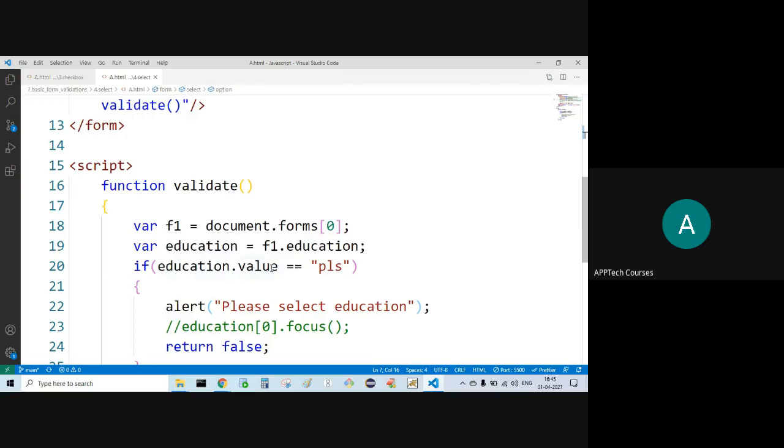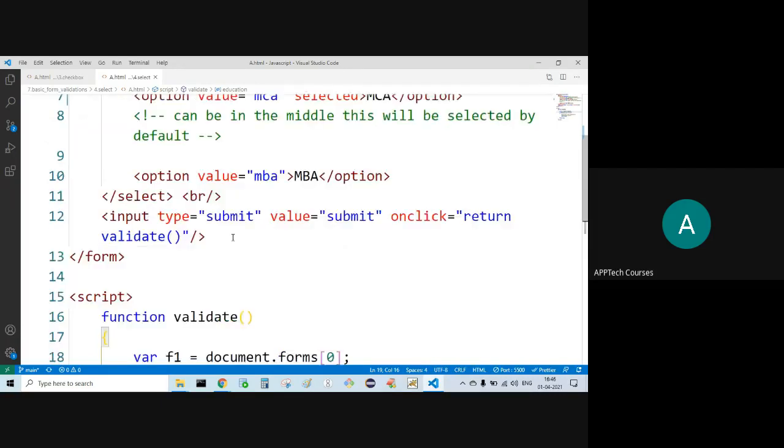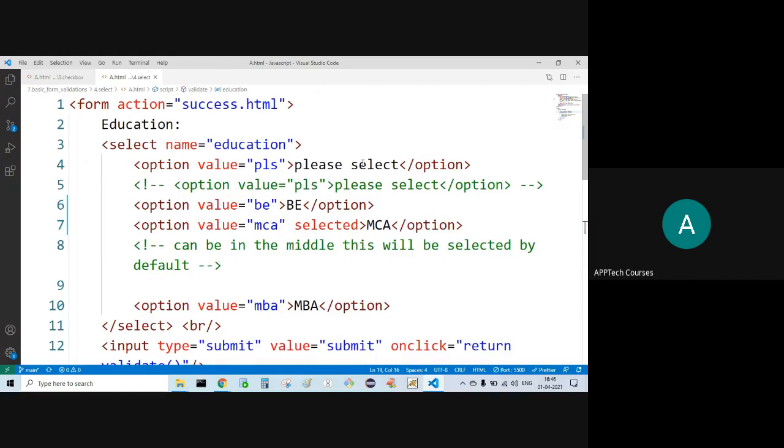Now, education dot value. Now this education is acting as an array. Education is acting as an array. For this education, we have all the options. What are the options? Please select one option, BE one option, MCA one option, MBA one option.